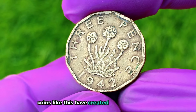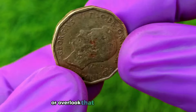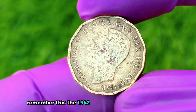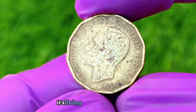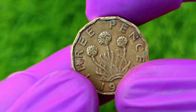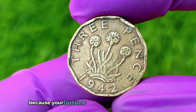Coins like this have created millionaires before, and you could be next. So before you toss away that old coin, or overlook that dusty tin of change, remember, this, the 1942 George VI bicentennial threepence, is not just currency, it's a key to untold riches. It's living history in your pocket, and its value is soaring with each passing year. Keep your eyes open, stay curious, and dive deeper into the world of numismatics, because your fortune might already be